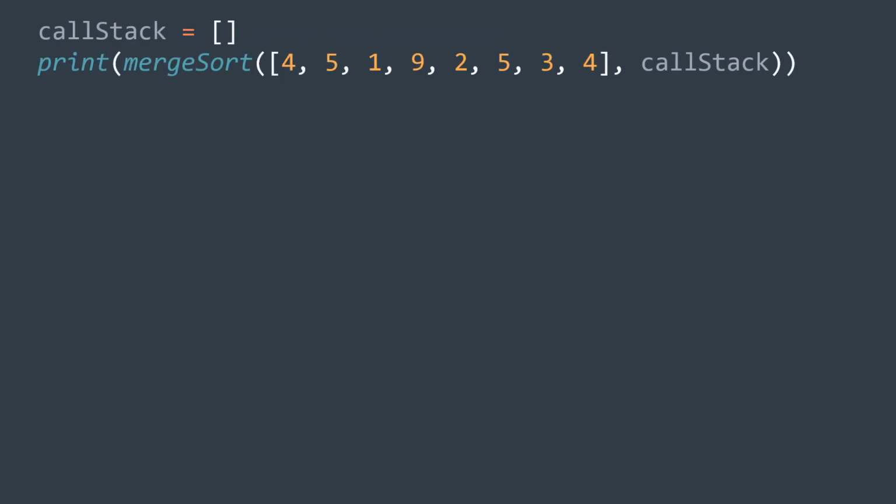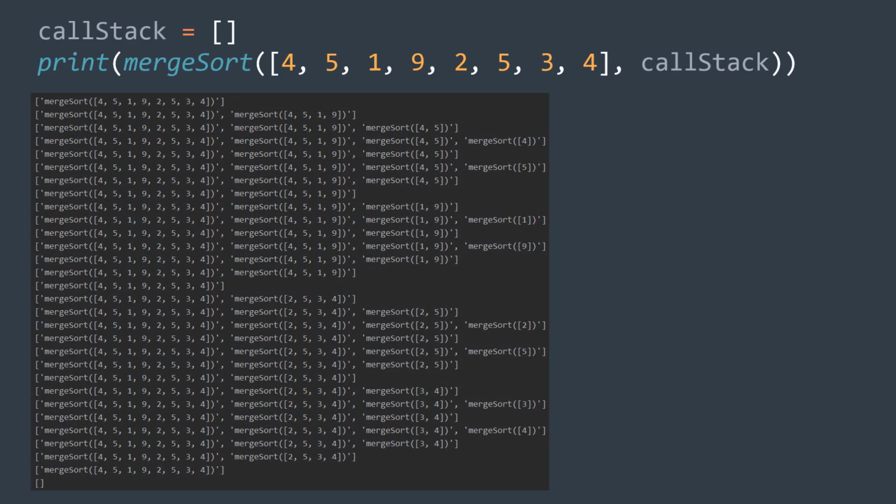Now let's try it with this array. We create the callStack and we call our merge sort function. You can see that it printed the different states of the call stack during the recursive process. The first call wanted to sort the whole array, so it first called merge sort to sort the left half,